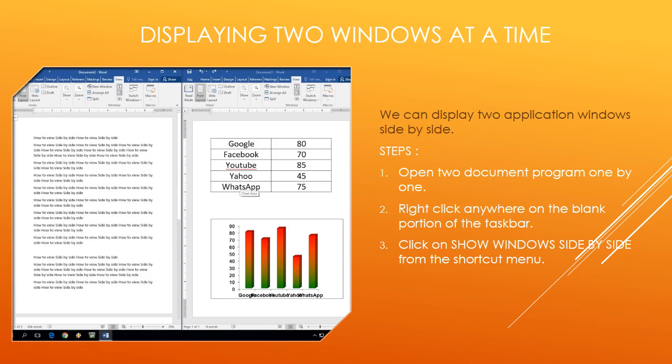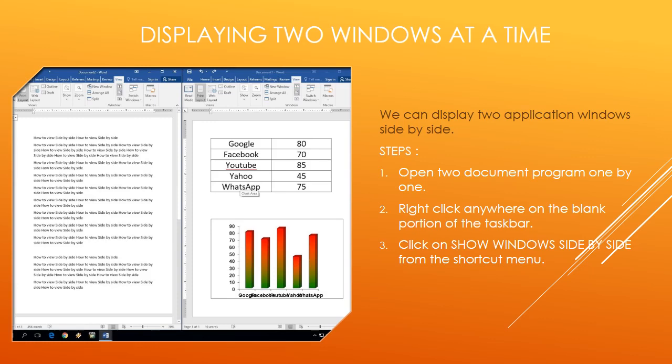As you can see in the image here also, one document, number 1 in MS Word, is opened on the right hand side, and on the left hand side you can see some other document, number 2, is opened in MS Word. Now these are two different documents of MS Word. Now we'll learn how we can see both the documents together at the same time.